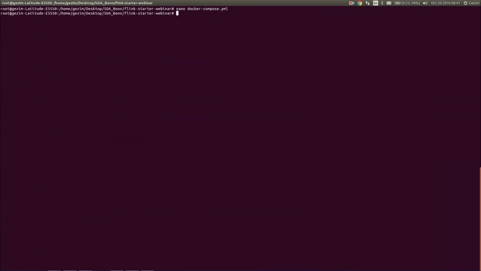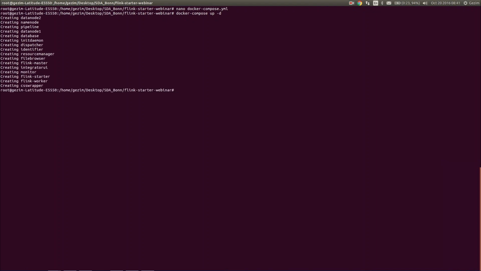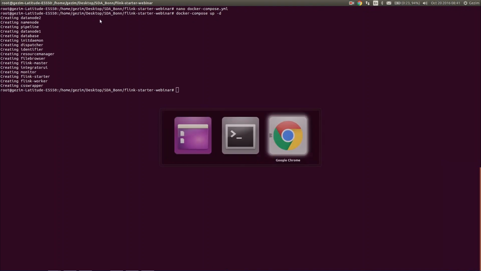To do that, we just need to do a docker-compose up to get started, and Docker Compose creates the containers which are listed in our pipeline.